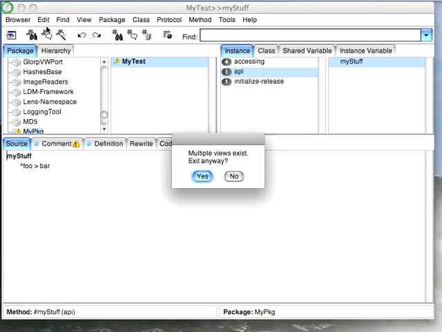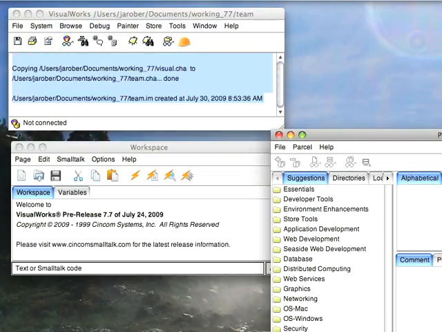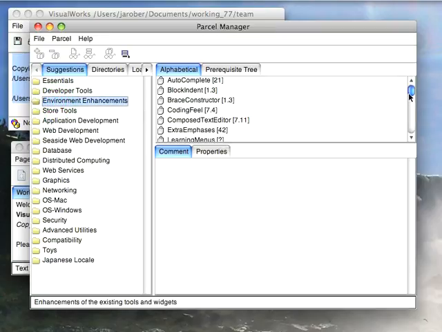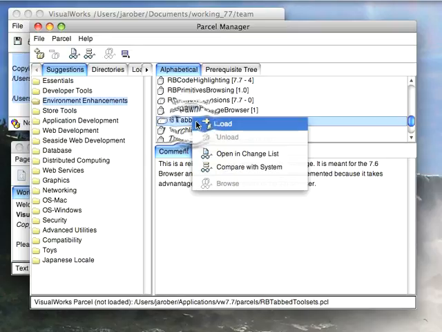Now let me close this for a minute, because there's a way of getting this in a somewhat more convenient fashion. If I go to the parcel manager, now I bring this over into the view, and I go over to environment enhancements. Down here there's RB tab toolsets. And what it does is it takes the views and puts them in tabs. So if I load this,